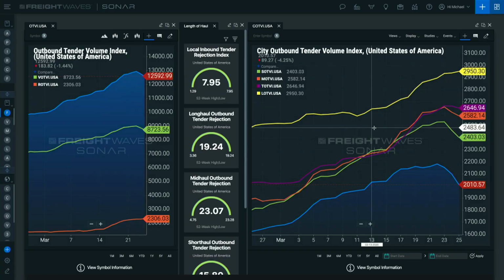Looking at this, you can pretty much see that we're close to seeing some of these long haul volumes, if you follow the patterns of the tweener and the way that it's trickled into these longer haul freight volumes. We should start to see that drop off, or at least flatten, in the next few days, if not a week. The long haul. Yeah, the long haul. And as that trends, we should see the undulation start to happen as things